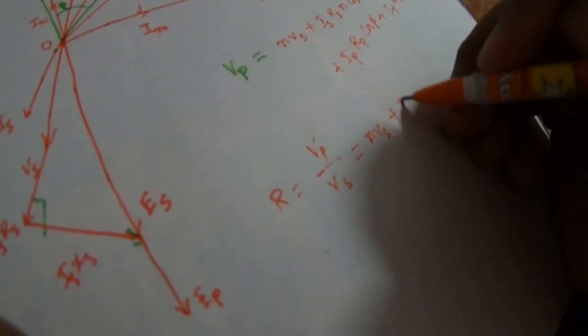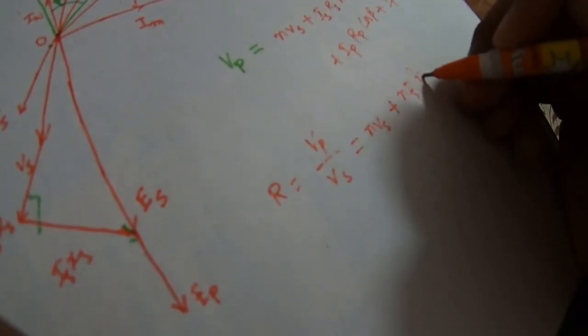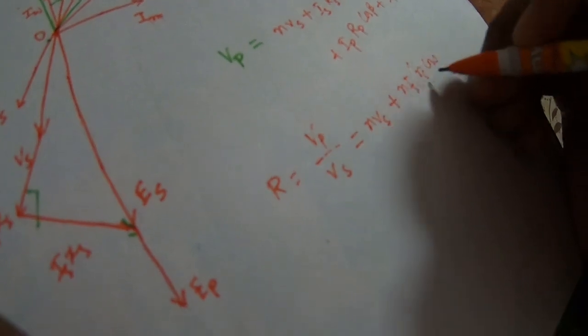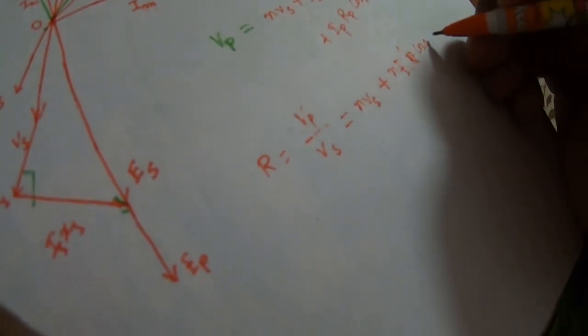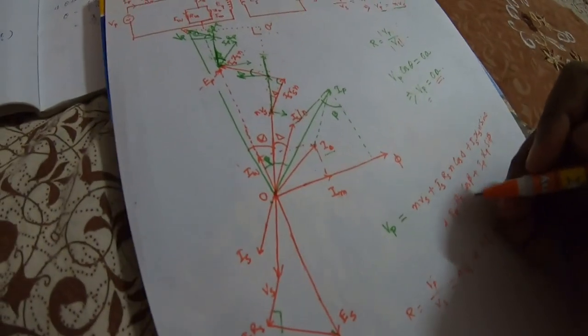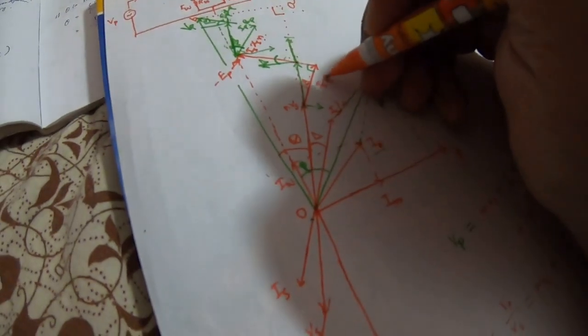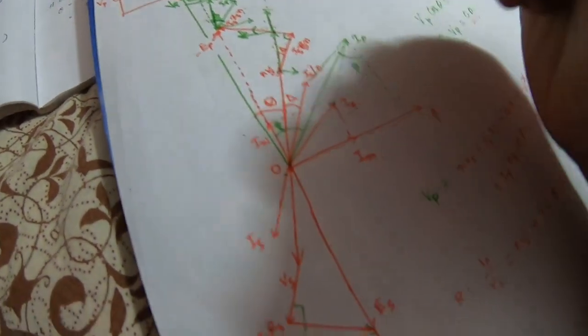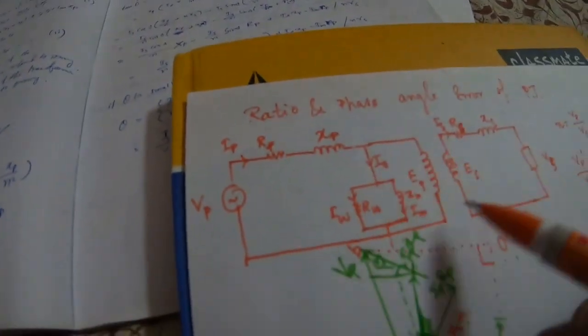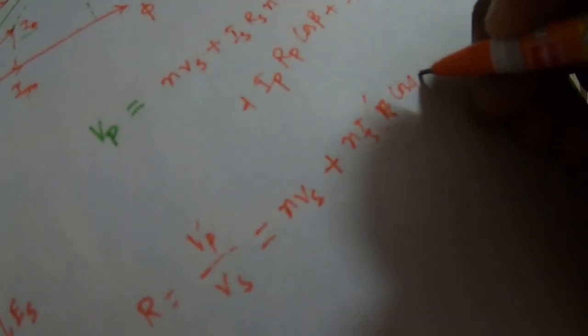Plus Is Rs, sorry, this will be capital Rs cos delta. So actually here all the small r will be replaced by capital R. Okay, so it is actually a mistake, we have to consider this thing. So all will be like capital R, because there is no function of the small r in the circuit diagram also. So it will be capital R cos delta plus Xs sin delta